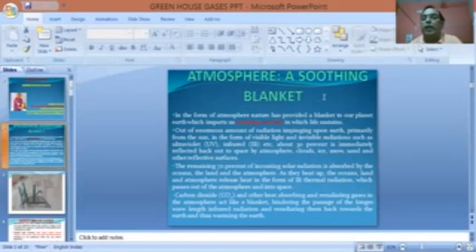Atmosphere is a soothing blanket. When you are feeling too cold, if somebody wraps a blanket around your body, you feel the pleasure and the warmth. Similarly, our Mother Earth is wrapped in the warm blanket of atmosphere. Atmosphere is a cloak around the earth, and when the solar radiation impinges upon the earth, about 30%